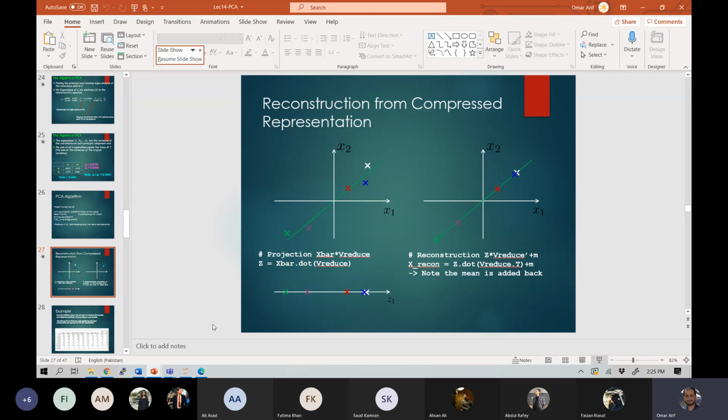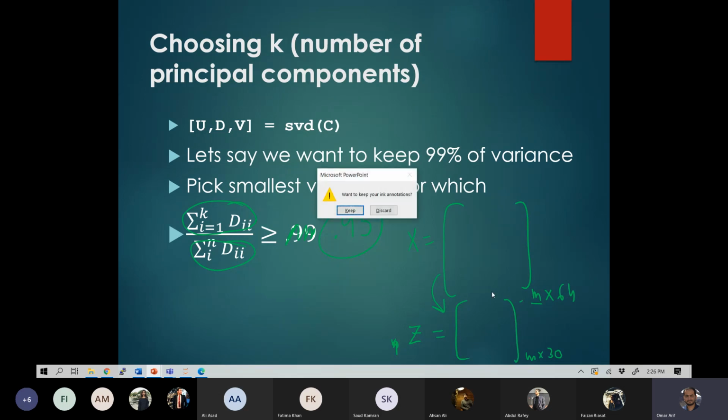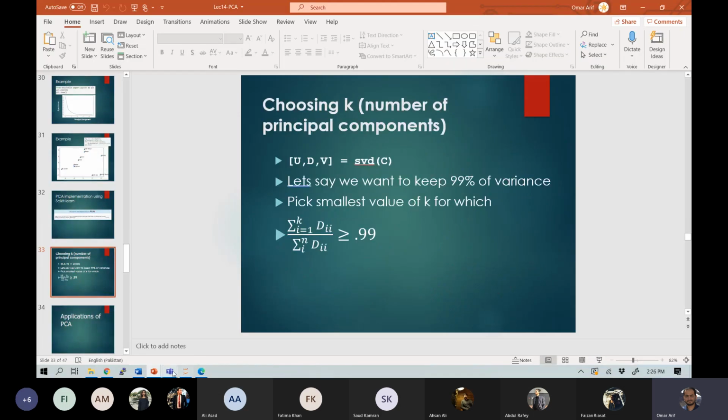Okay, you started off with an image X, which was the data set X of m times 64, where m is the total number of examples you had. And then you have the projection onto the principal components, in which you have done reduction to m times only 30, because you are computing and retaining only 30 axes. So you have almost halved the size, but you have lost only 5% of your variance. And therefore, once you reconstruct, you would see that visually you will not observe any deterioration in the images.